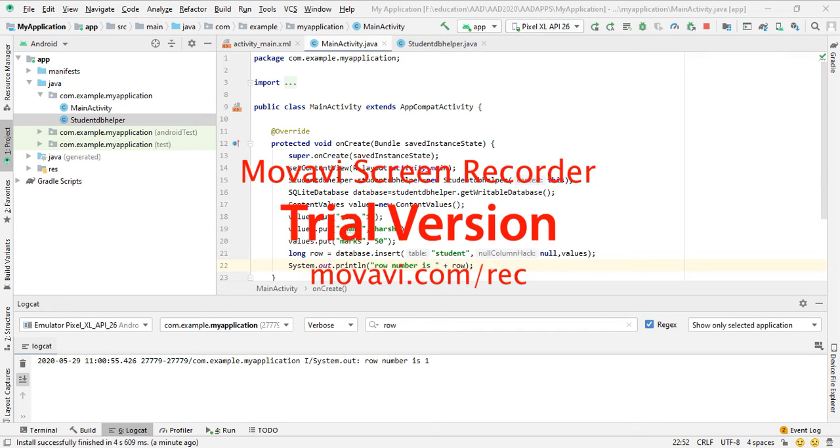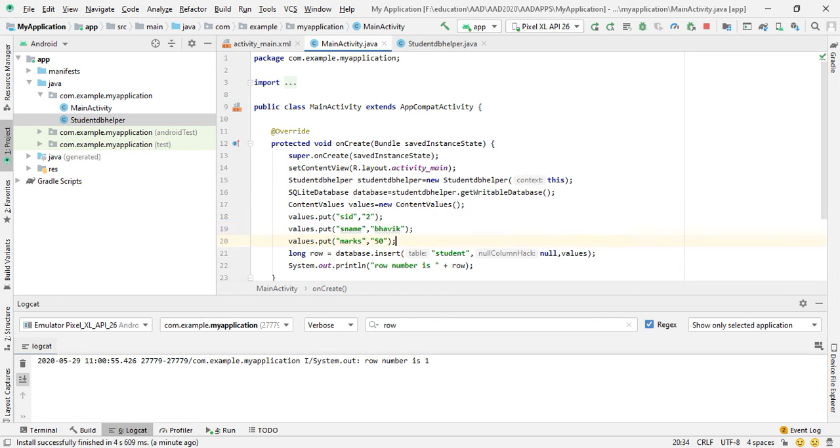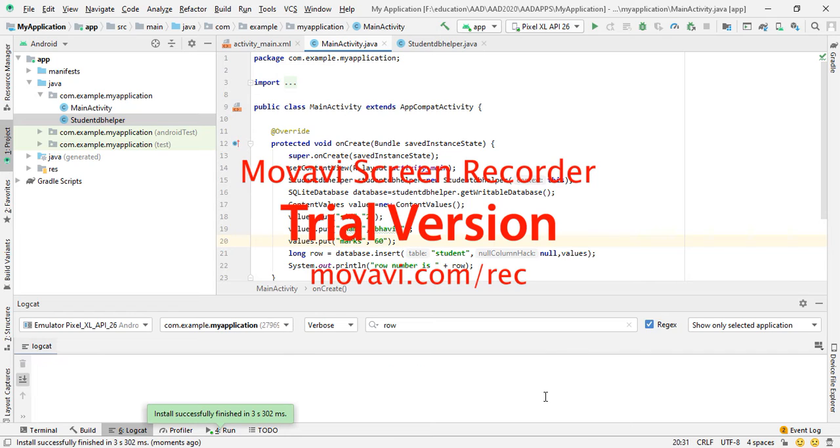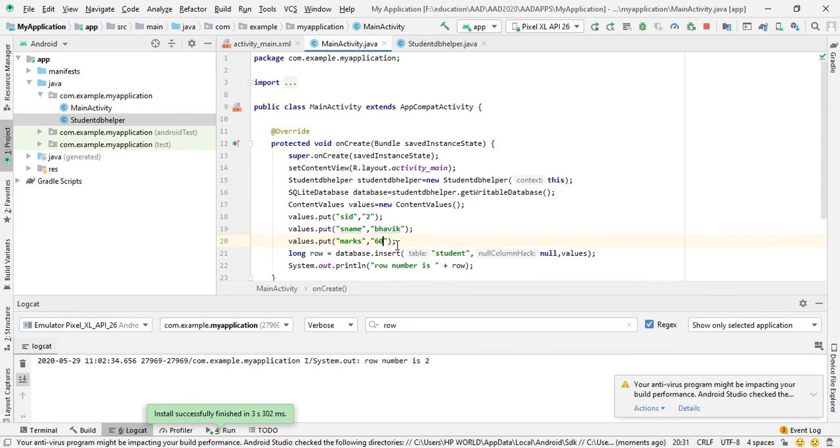Now change this value, name to Bhavik and the marks to 60, and again run this. Now this time the value of the row number is 2. That means the second row is also inserted in our database.